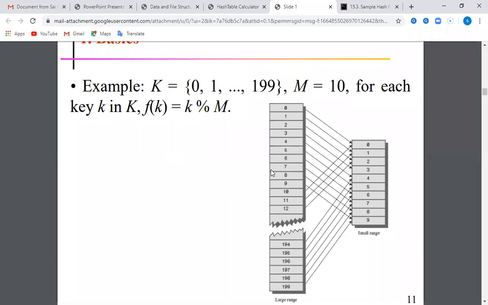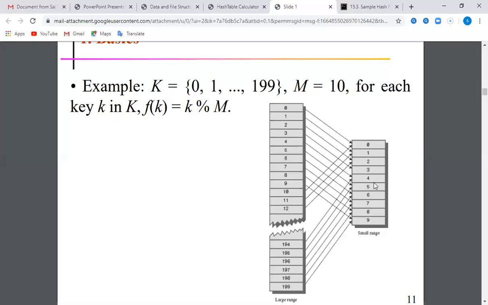So how many entries will the hash table contain at most? 10, so that is starting from 0 to 9, same thing like an array. Suppose the array size is 10. Where will the array start? 0 to 9. Similarly the hash table also. If the hash table size is 10, how will it be? 0 to 9.